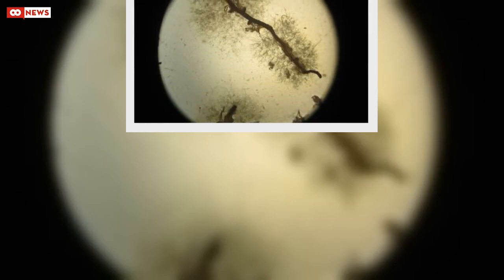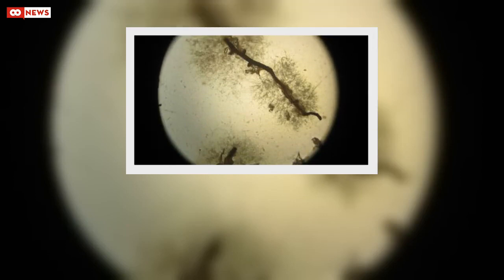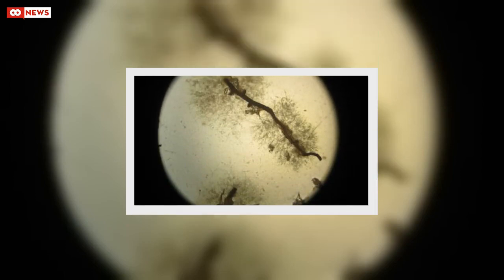Read more. Wild boar numbers soar in Spain, forcing authorities to intervene, but in the case of wild rabbits in